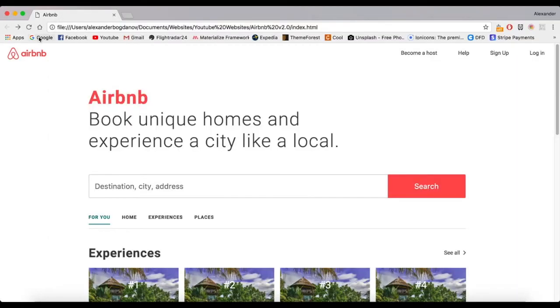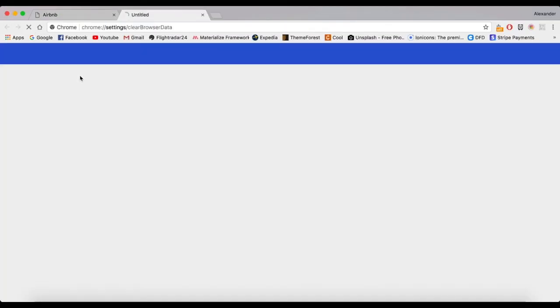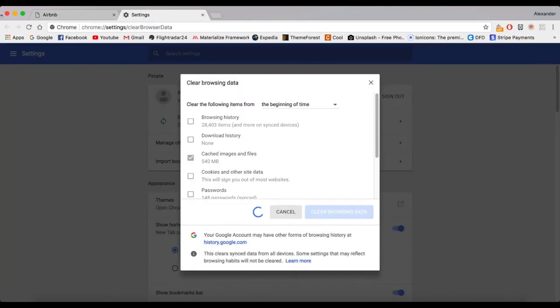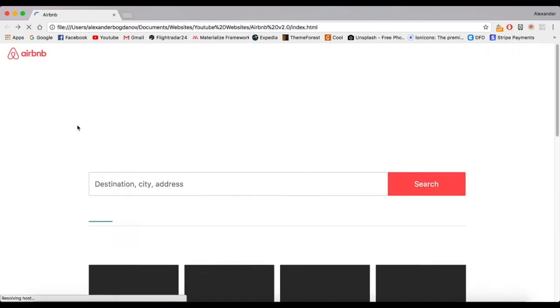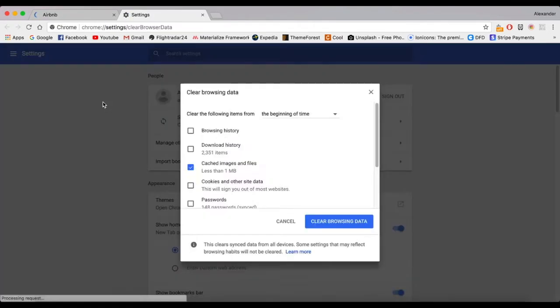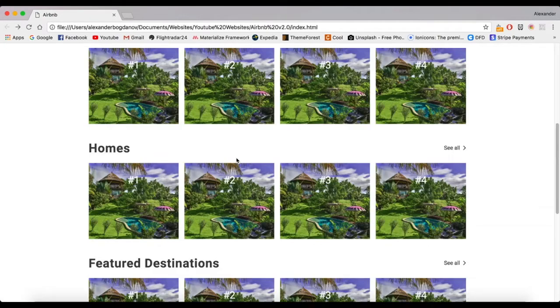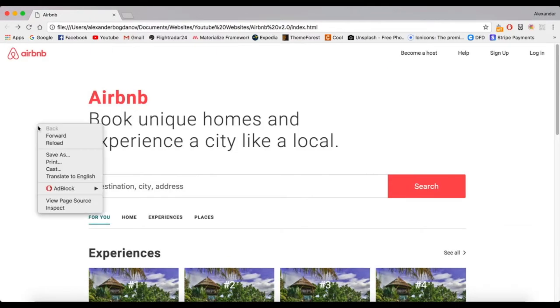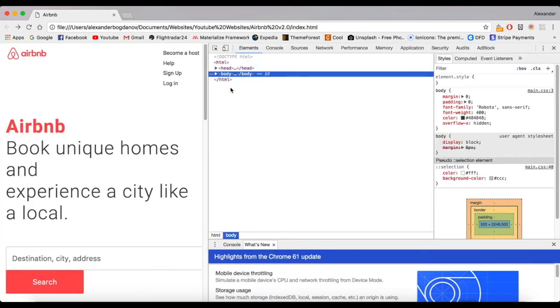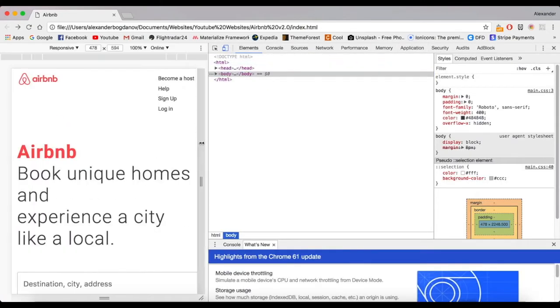Let's see if it breaks something. We're gonna remove the cache. Wait, did I? Okay. And then no, it doesn't break anything. Let me open this up. I do have this thing, but